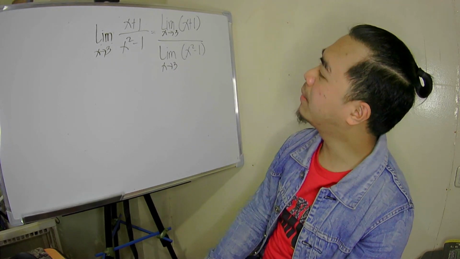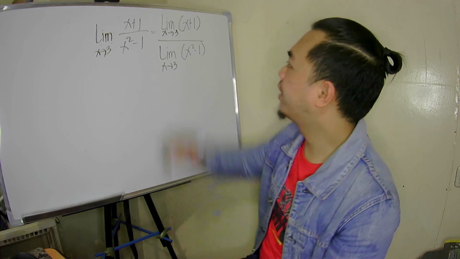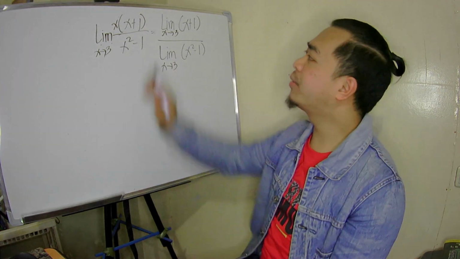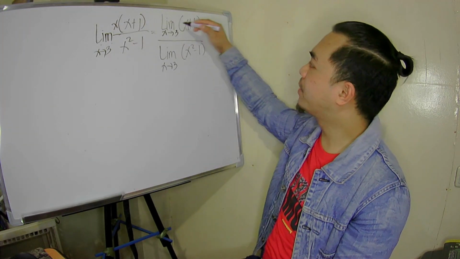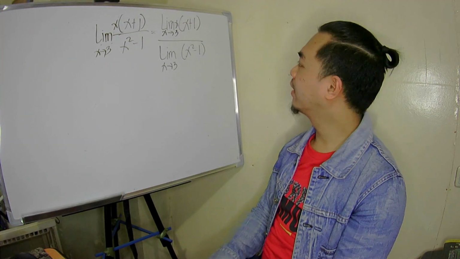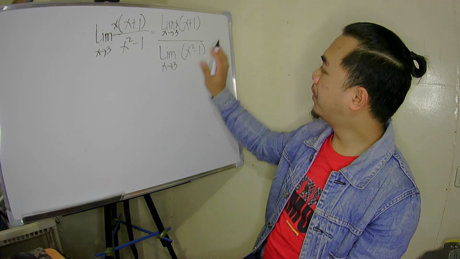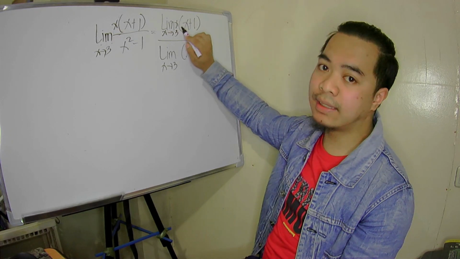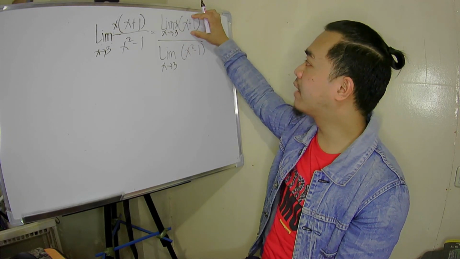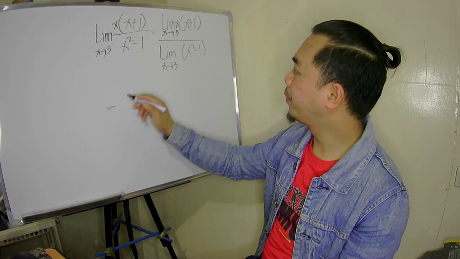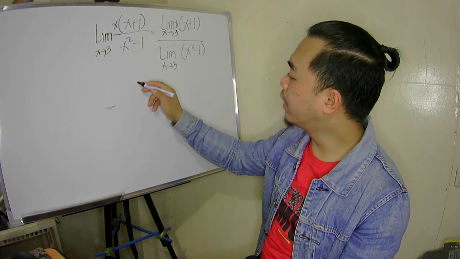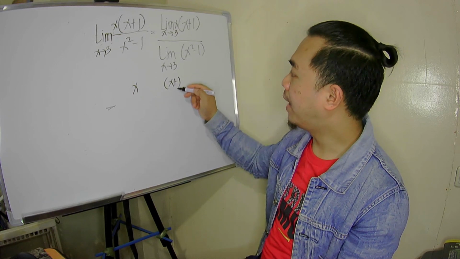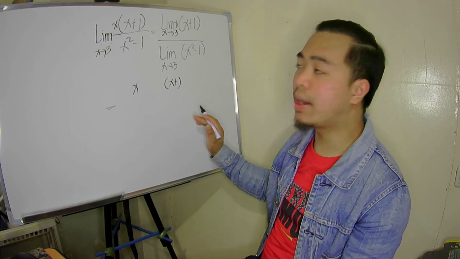There is no product yet, no? I did not put a product. Let's add one. For example, x here. Our numerator is x times x plus 1. Okay. So, for the numerator, we can apply the product and the sum. The first factor is x, and the second is x plus 1. We can separate that using property number 4.